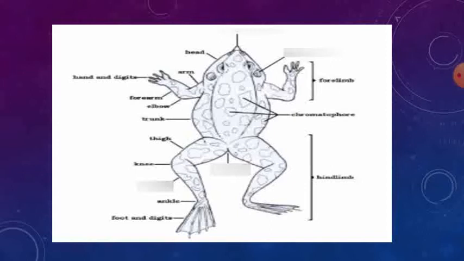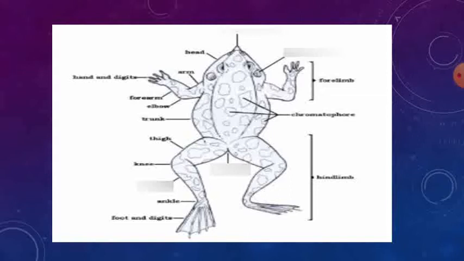So the hind limbs of Rana hexadactyla have 6 toes. Hence the name is hexadactyla, because of the presence of 6 toes in the case of Rana hexadactyla. In the case of Rana tigrina, it has 5 toes, and the first toe is called a hallux. The additional toe in Rana hexadactyla is called a prehallux.